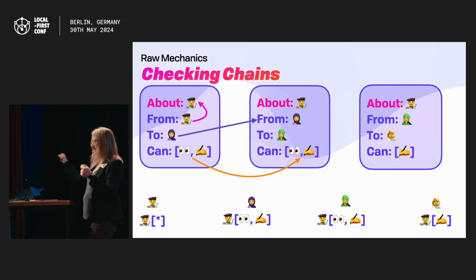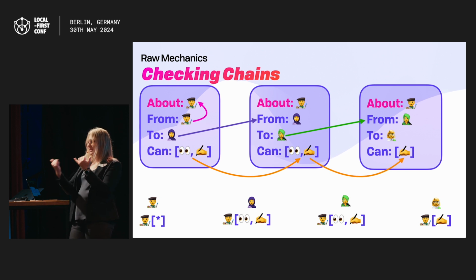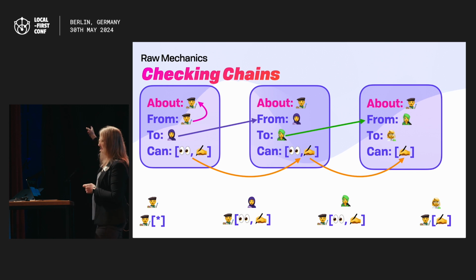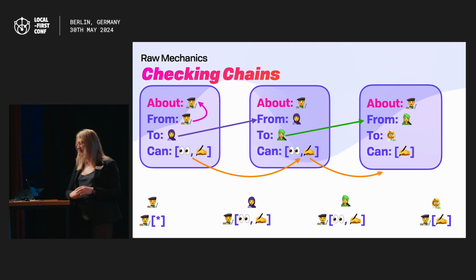And at every step in the chain, we check that the things they're allowed to do match up, so they're the same level or smaller, and that the from of the next step matches the to of the last step. So we can create now this self-certifying chain. And once we've seen this whole path, then we can generate out along the bottom who's allowed to do what for that delegation chain.